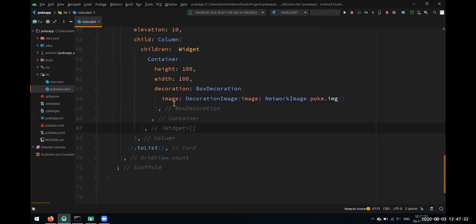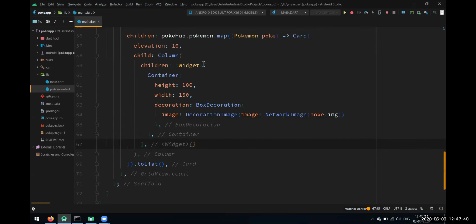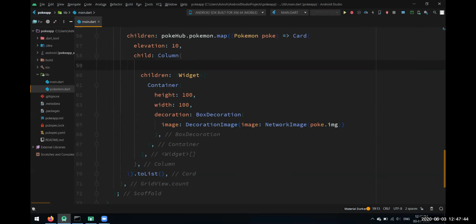Let's decorate our card a little bit, as it is not looking that attractive now. Let's align our column properly. We'll give the main axis alignment as main axis alignment dot space evenly, which would be good. Again we gave it an elevation.